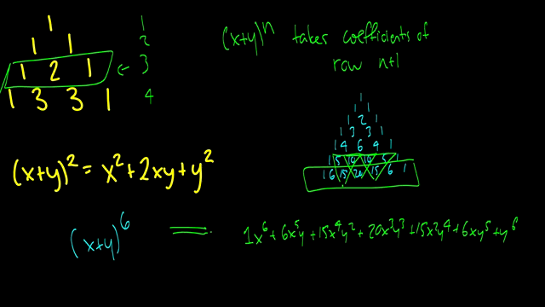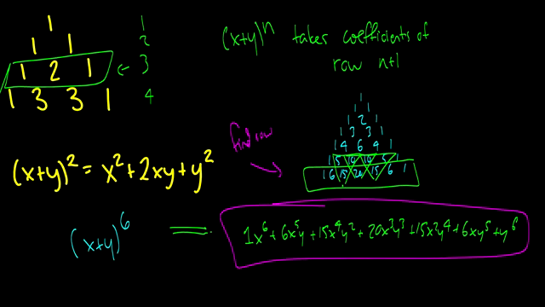1, you find the row. 2, you remember the pattern for your powers, where x starts at the highest and goes down 1 each addition, and y starts at 0 and goes up 1 each addition until you've filled out that row for the triangle. So that is something very cool you can do, and before I go,